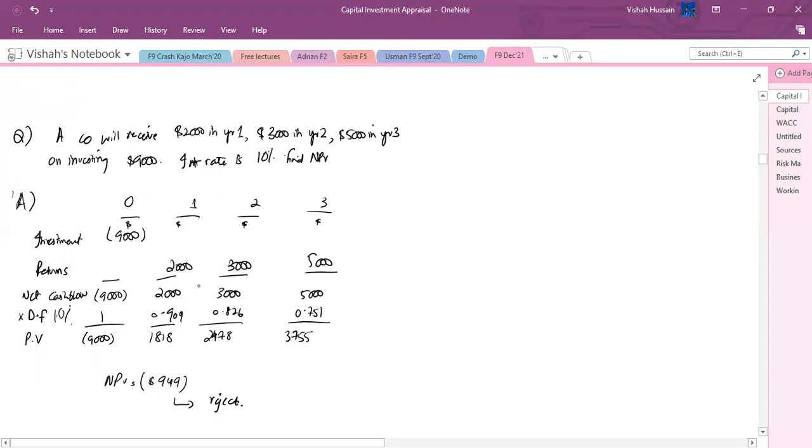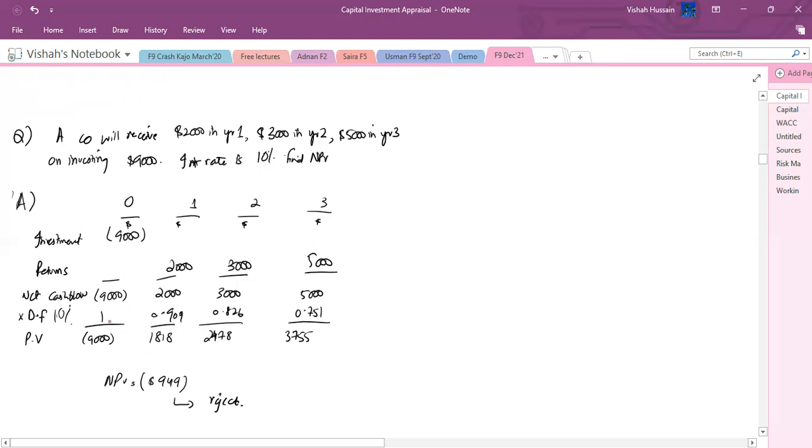So in year zero, since you're investing, that leads to a cash outflow from your end, which is why you're writing it in negative 9,000, because the cash is going out of your company or out of your pocket. 2,000 is something that you're going to receive in year one, so that is an inflow, which is why you're writing it in positive. In year two, you're going to get 3,000, and in year 3 you're going to get 5,000. Now in order to bring them into the present value terms, which means in today's terms, you need to multiply it by the discount factor. So the discount factor is mentioned as 10%. You're going to check it from the present value table, multiply it by the net cash flow,